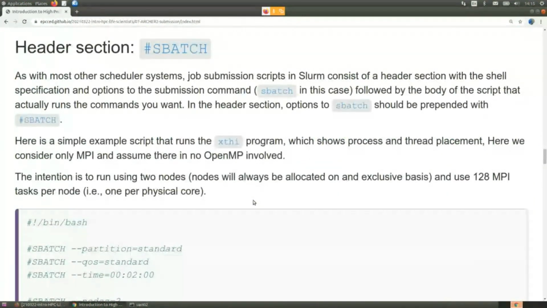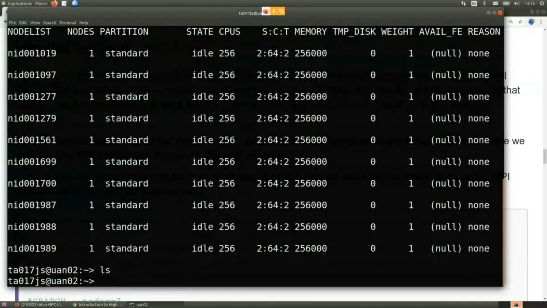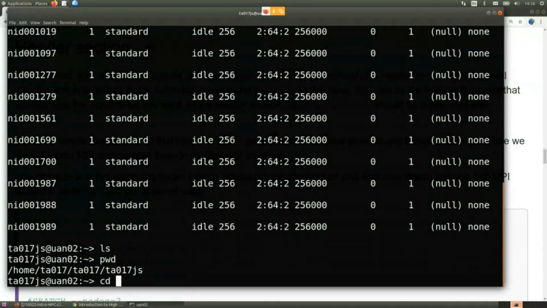Now, this next bit is probably the important bit of how do you actually launch a job. At this point, we've discussed, okay, you can find out which of the compute nodes are available, and things like that. How do you actually launch a job? Okay, so the first step to launching a job is you need to make sure that you're in your work directory, because otherwise,